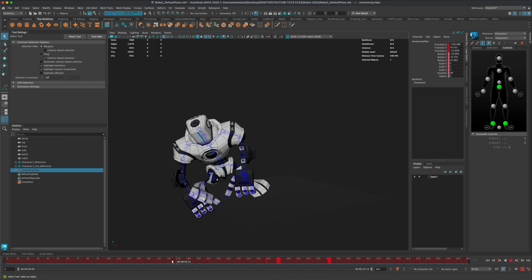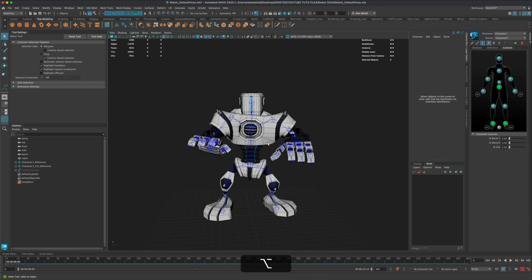To fix this, we need to bake our animations from the Mixamo character onto the robot, right? So to do this, I'm going to click on this little blue button and say bake. And you have two options. You can bake the animation to the skeleton, or you can bake it to the control rig. Because we're going to modify the animation and adjust the hands and anything else we want, let's go ahead and bake it to the control rig. So I'm going to simply click bake,